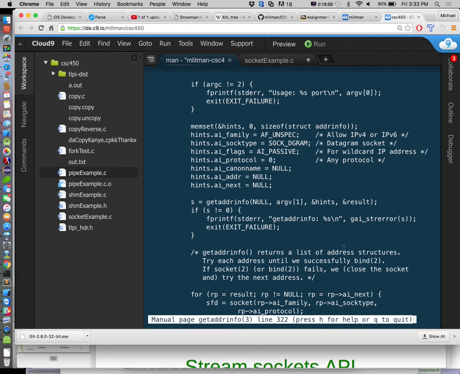getaddrinfo returns a list of address structures. Try each address until we successfully bind. All right. If socket or bind fails, we close the socket and try the next one. All right, so